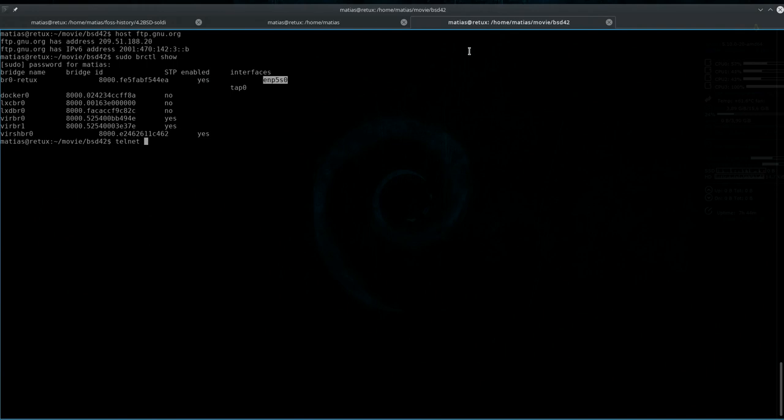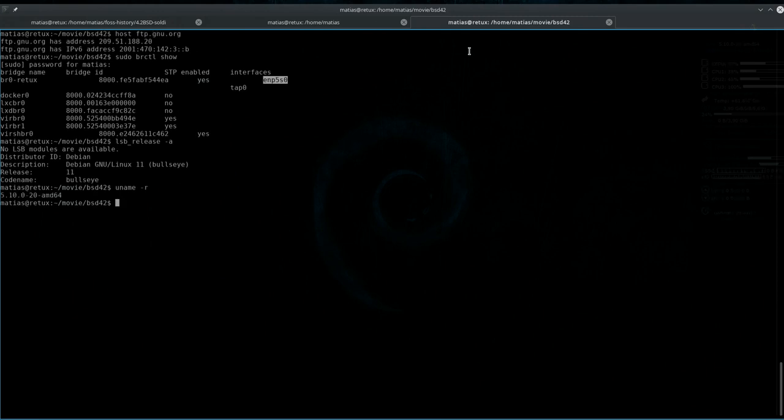So let's try to log in from the Linux machine, my host machine. This is a Debian machine, and let's try to log in by using telnet into Kinkela, and let's log in with Marshall's credentials.